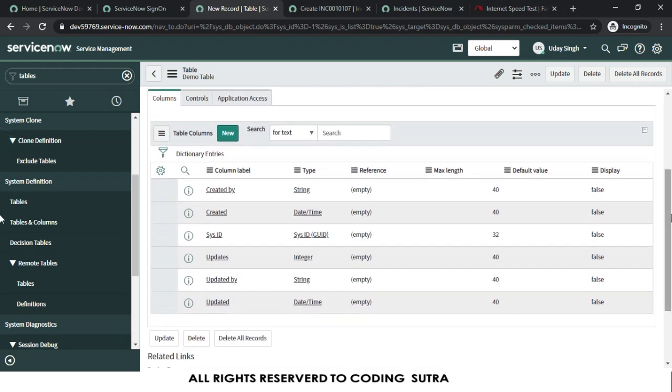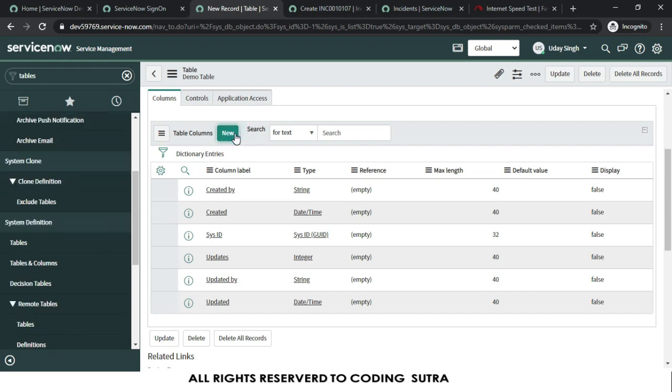Now there is an option called Table Columns. We will create our new columns. Let's click on New.